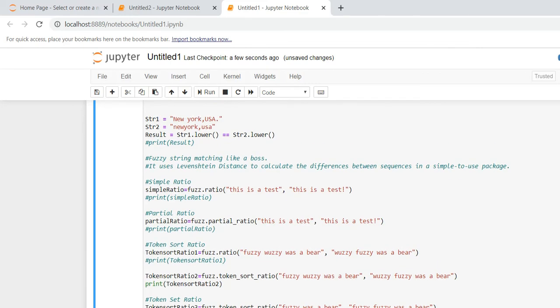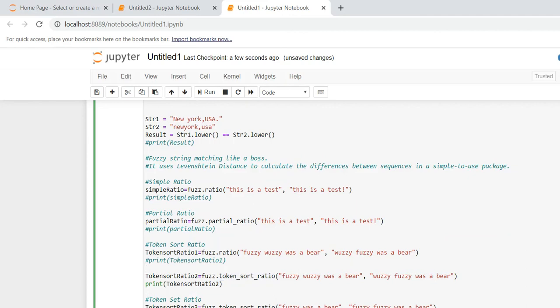Here I'm changing the word order. Previously I had the order Percy was a bear, now I'm changing it. Both will match, but the sequence is what I'm changing. Even though I'm moving the words from beginning to end and end to beginning, it's giving a result of 100 because I'm using sort ratio.